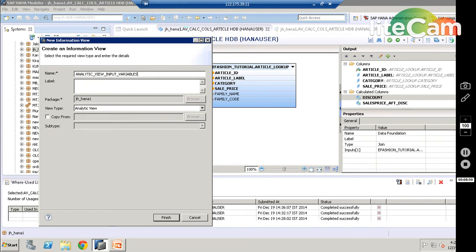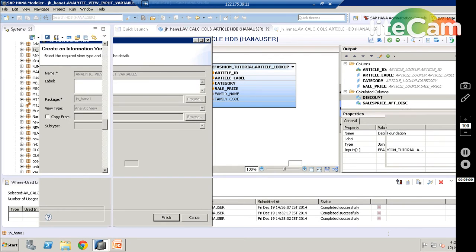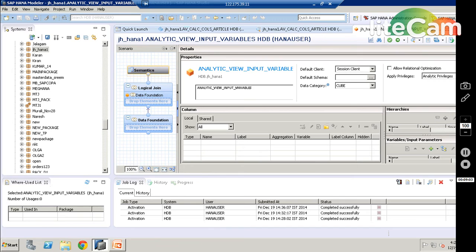So this is what I am going to create, and just click on the label copy to that, and you click on finish. As soon as you click on finish, you will be coming here in the data foundation.